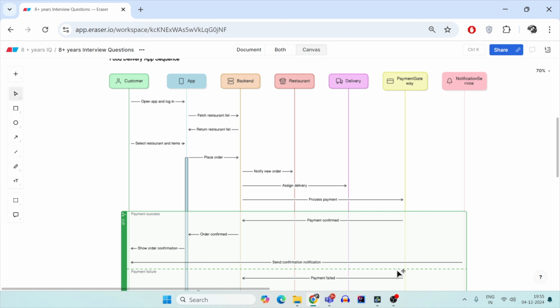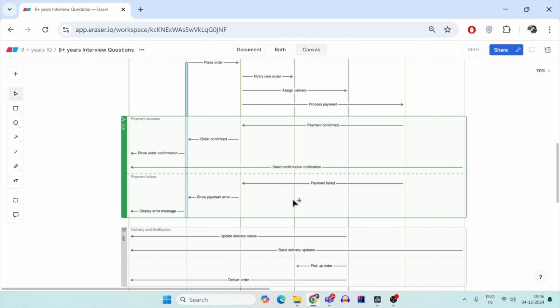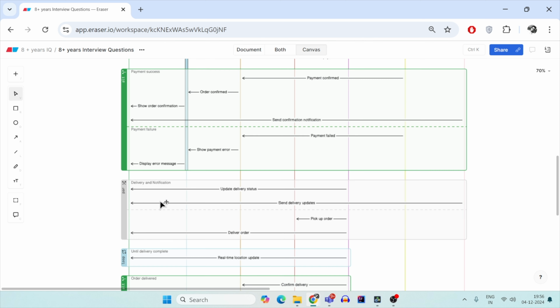And the notification service will send the notification to the consumer that yes, your payment is successful and your order is confirmed. This is completely asynchronous communication that can be done with the notification service. But in case the payment fails, then you have to roll back. Usually in the microservice architecture, we use the Saga design pattern with the orchestrator or choreography for handling this particular scenario. Where the payment has failed, you have to show the payment error page, and then display the error message that your payment was not successful, and hence the order is cancelled.